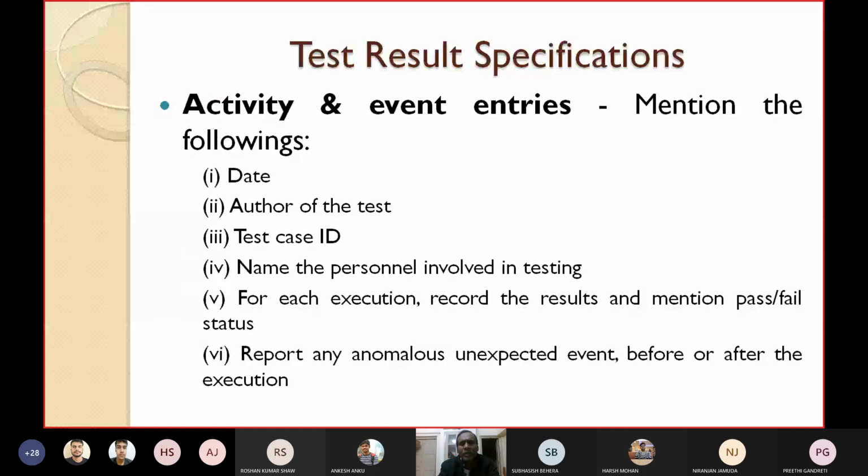Under the activity and event entries, mention the following items. Number one, the date on which you carried out that activity or event. Who is the author of the test case? Who has designed that test case? Then the test case ID, and the names of the personnel involved in the testing process.